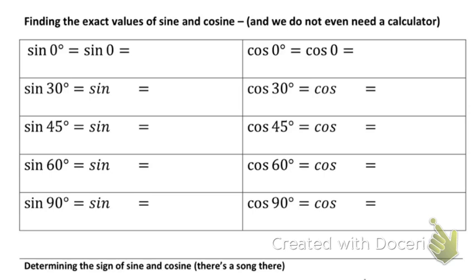If I ask you for the sine of 0 degrees, in geometry class, you take out your calculator and type in the sine of 0 degrees. We can't do that in pre-calculus. In pre-calculus, you need to have these values memorized. If I ask for the sine of 0 degrees, that's the exact same thing as sine of 0. This is your radian form. 0 means it's radians. So if I ask for the sine of 0 degrees or the sine of 0 radians,